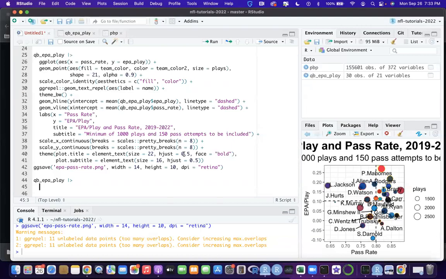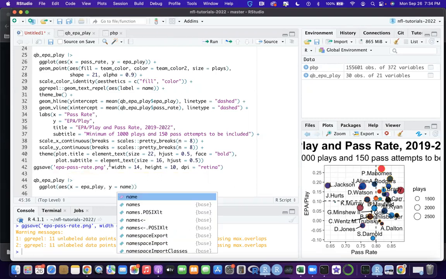So we do our pipe, QB EPA per play. We're just going to make a bar graph with the same data that we just did. So ggplot, and for a bar graph you only have one variable, so we're just going to use EPA per play. So this is just going to be a player's EPA per play from 2019 to 2020. Pretty simple. So if we do EPA per play, y equals name,